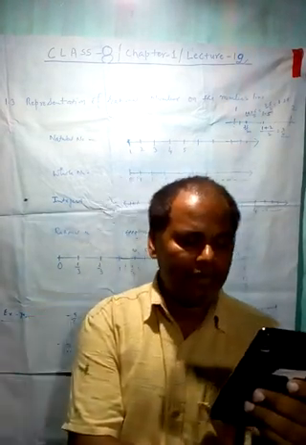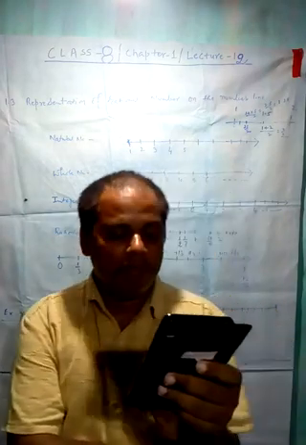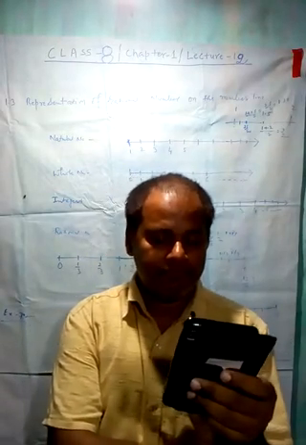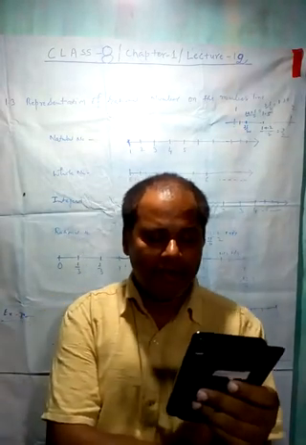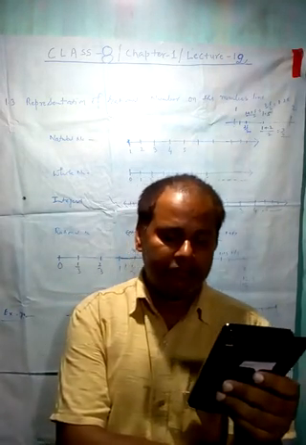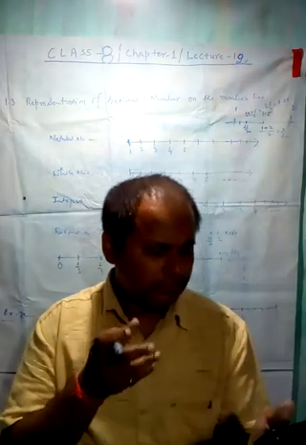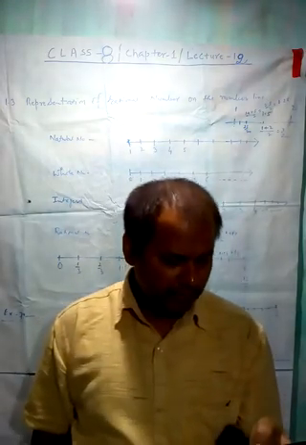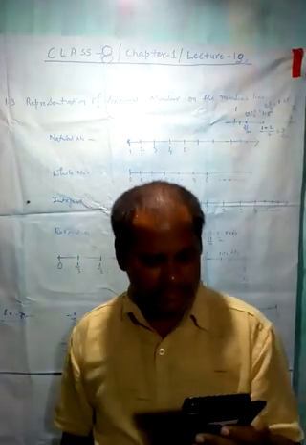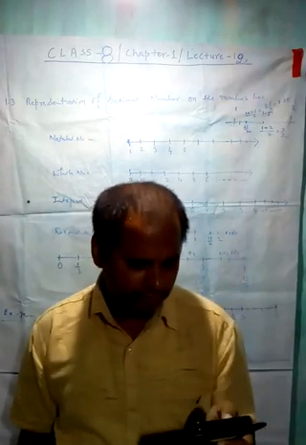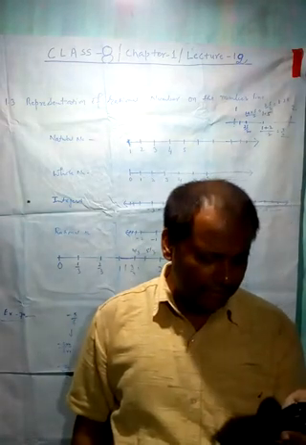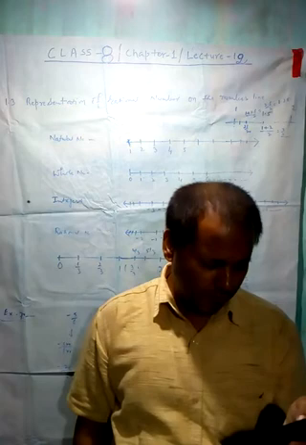So now 1 by 4 is smaller than 5 by 16, 5 by 16 is smaller than 3 by 8, and 3 by 8 is smaller than 1 by 2. You can see on the number line also. Now find the mean of 3 by 8 and 1 by 2. We have 7 by 16. Thus 5 by 16, 3 by 8 and 7 by 16 are the three rational numbers between 1 by 4 and 1 by 2. This can clearly be shown on the number line as follows.